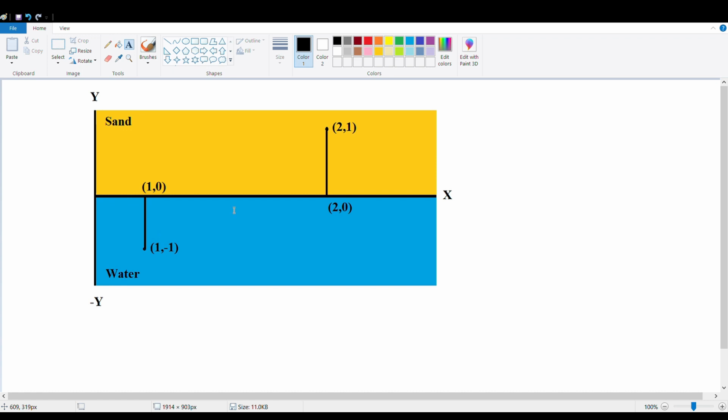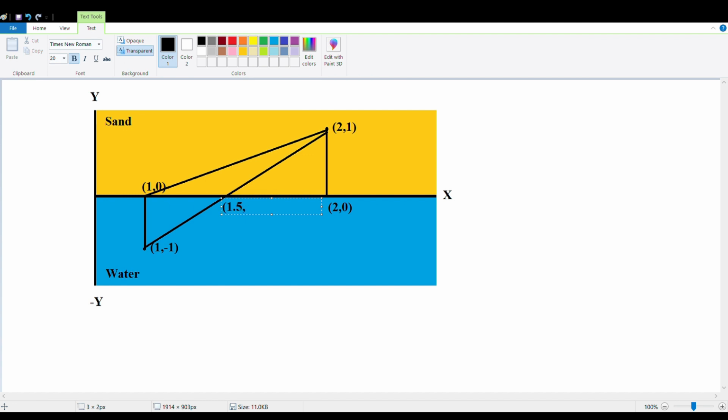So we know that our answer is going to lie between 1 comma 0 and 2 comma 0. And suppose, as I've already stated, that if the value of f is 15, then he'll go from this part, and if the value of f is equal to 1, he'll go from this point directly to this point. Why? Since f is 1, which means his speed on both sand and water is the same, so if he just moves directly from one point to another point, that will be the shortest path. All right, and by the way, what will be the coordinate of this point? It will be